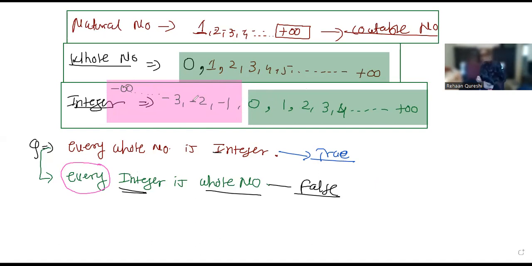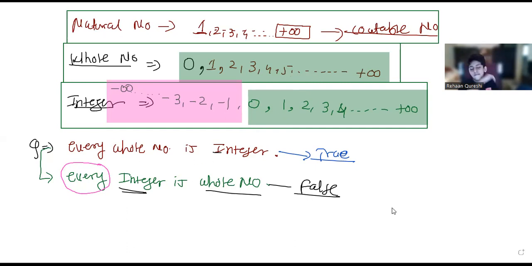क्या समझा बताओ? इधर समझा कि पहले एवरी होल नंबर इज एन इंटीजर, मतलब जो होल नंबर है उसके अंदर इंटीजर्स है, क्योंकि इंटीजर लाइन में वो इंक्लूडेड है। बराबर है। फिर दूसरा स्टेटमेंट, every integer is a whole number, फॉल्स, क्योंकि इंटीजर में -3, -2, -1 होल नंबर में नहीं हैं।